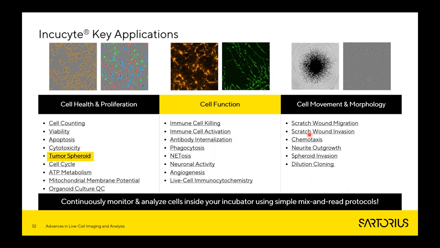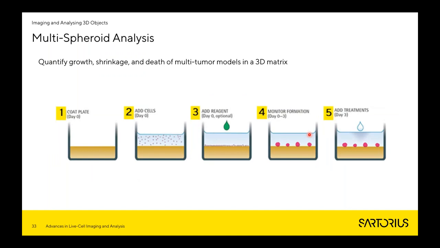So when we're discussing these assays up to now, we've looked at single spheroids. Now, of course, we are mindful that single spheroids don't cover the full range of three-dimensional assays, and for that reason, we've developed additional assays and imaging modes. So here we have a multispheroid imaging and analysis mode. This is designed to look at multispheroids being formed in a flat 96-well plate format with a matrix layer such as Matrigel. In this assay, we would coat our plate, add some cells, reagents potentially, monitor spheroid formation, and then